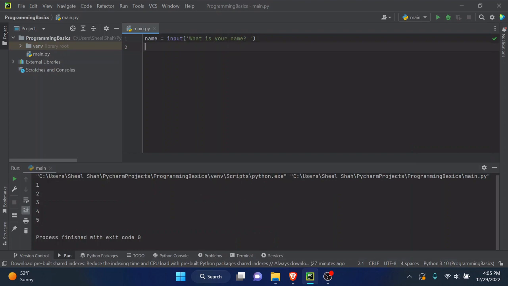In this example here, we have a variable called name. And what we want to do is continue to ask the user what their name is until they give the answer that we want. For this, we will need a new type of variable. This type of variable is called a while loop. The way it works is you say while, and then you have a condition. In this case, we'll say while our name is not equal to Daniel. And then we have a colon,